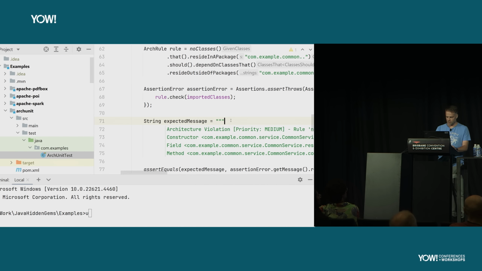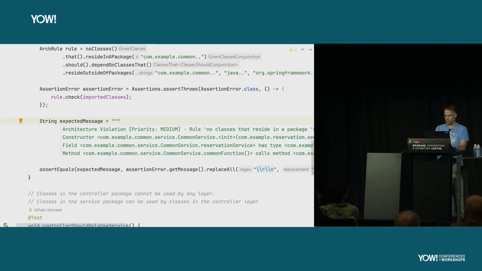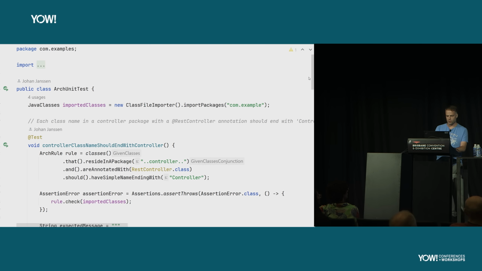ArcUnit you can basically use as a JUnit-based testing framework to test the architecture of your application. To start really simple, we want to define a rule that each class in a controller package, which has a REST controller annotation, which is used by Spring, for example, should end with controller. I can write that rule in this way with ArcUnit. You see it's fairly simple. I define the package, I search for some annotation, and I check if they all have a controller ending in